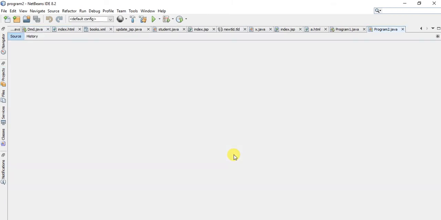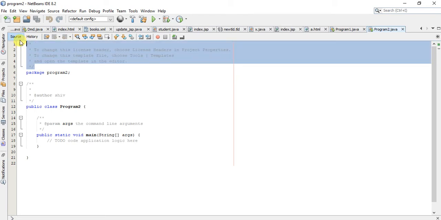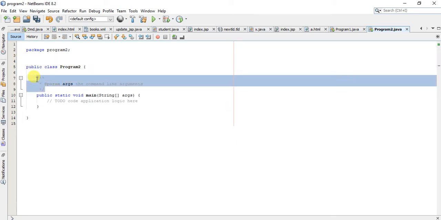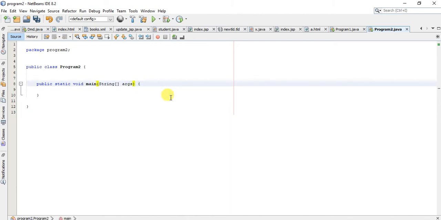Once you do this, the NetBeans IDE will give you some ready-made code. So this is the comment section. We can remove the comments. So this is basically the general structure of a Java program.